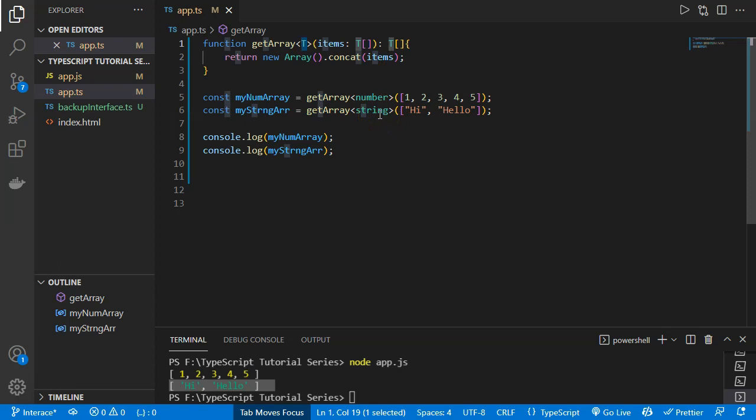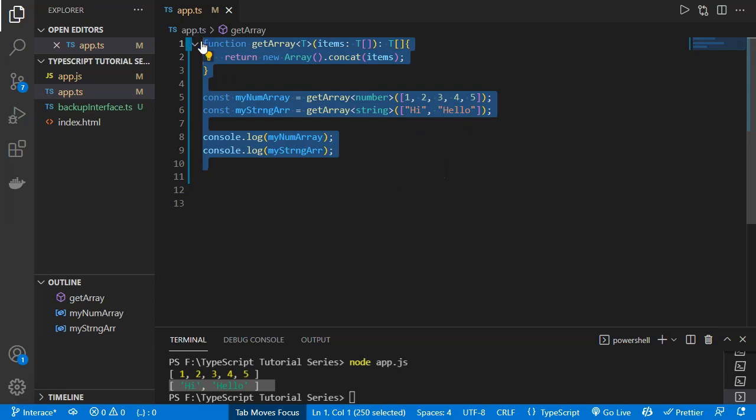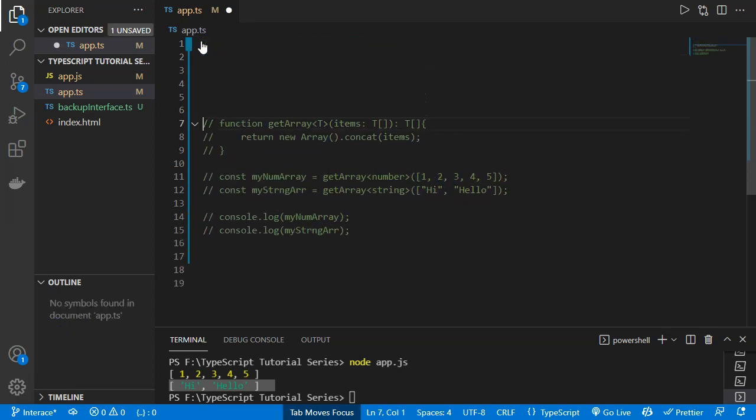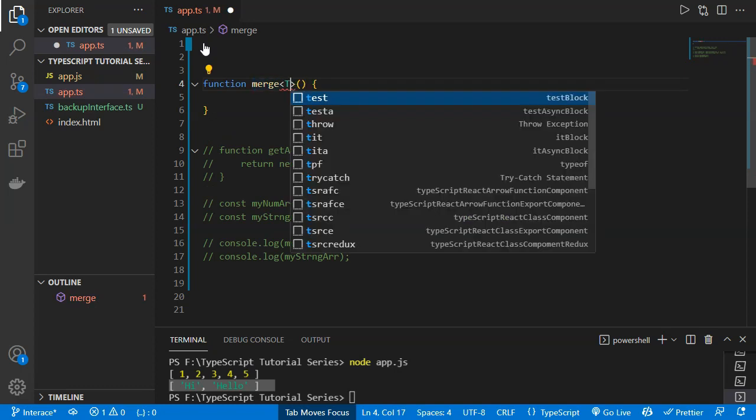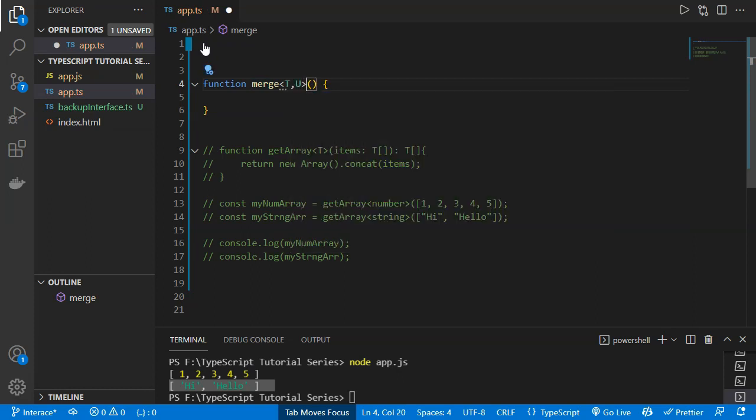So these are the types, and we can define multiple types here also. Like if I will now just comment it out, and if I will now use one more type here. So if I will now create a new function, it will be the function merge, and then we need to provide here the types. So it will contain the type T, and it will contain the type U. So now it will contain two types, and the first value it will contain the T like the items. So it will contain the T type, and then it will contain the items2, and it will contain the U type, or we can omit the return type here.